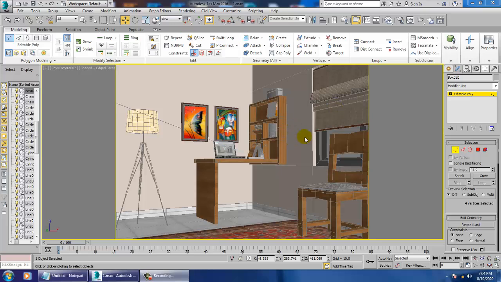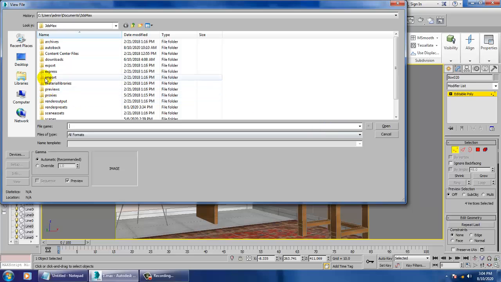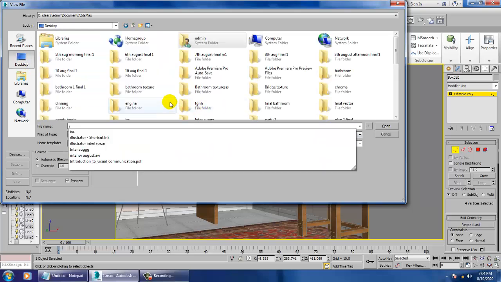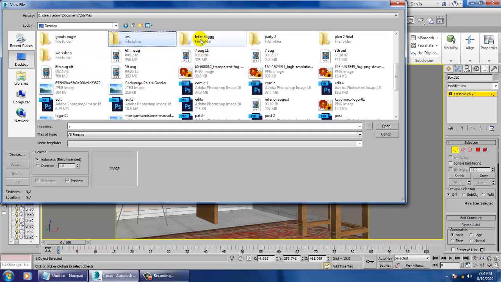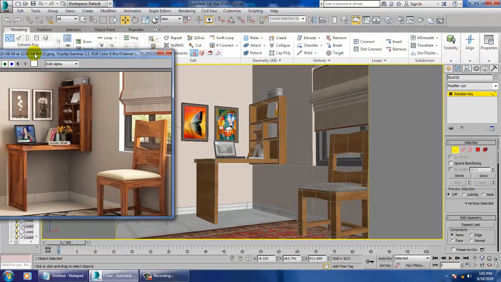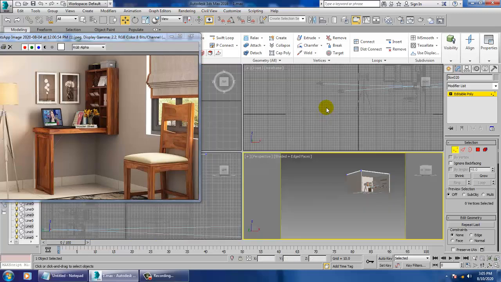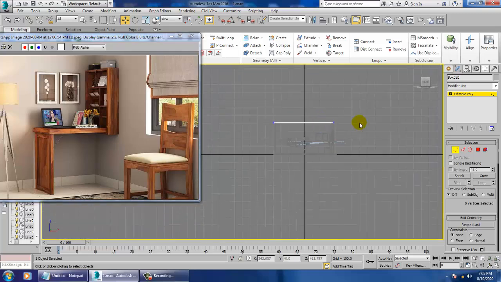So very first of all, let's take a reference over here. Let's go into rendering, view image file, go onto the desktop. Let's take a reference over here. Now go into this and